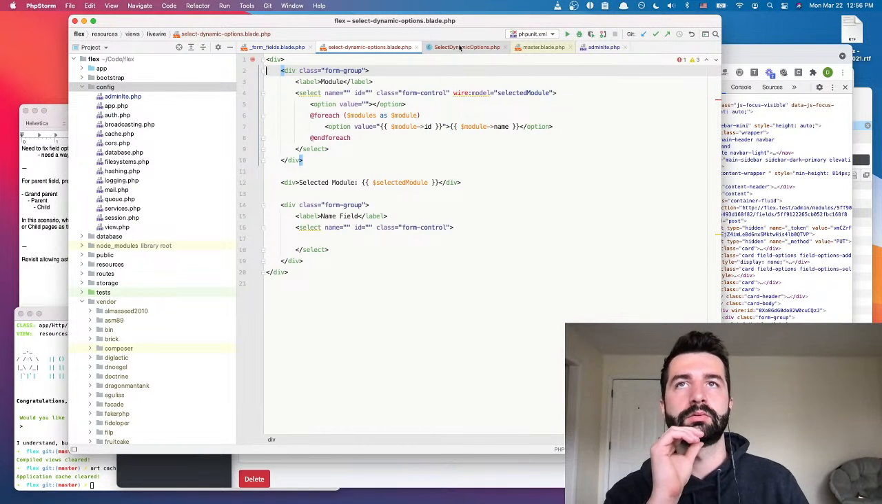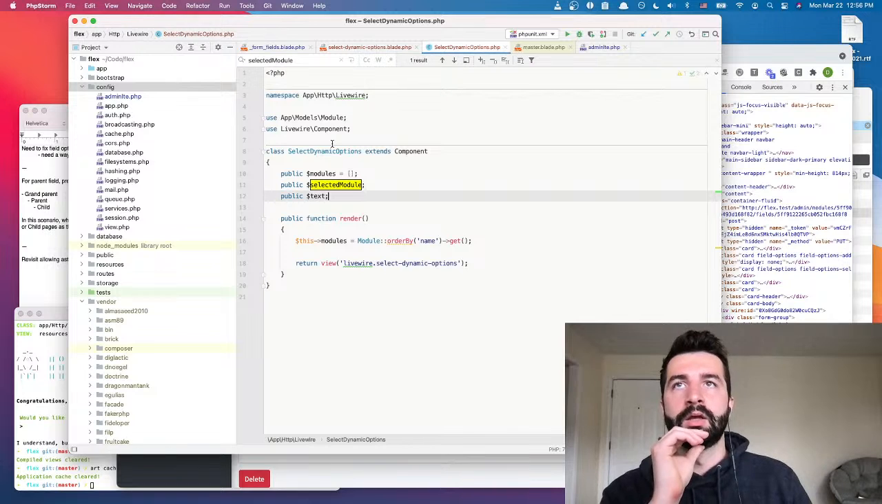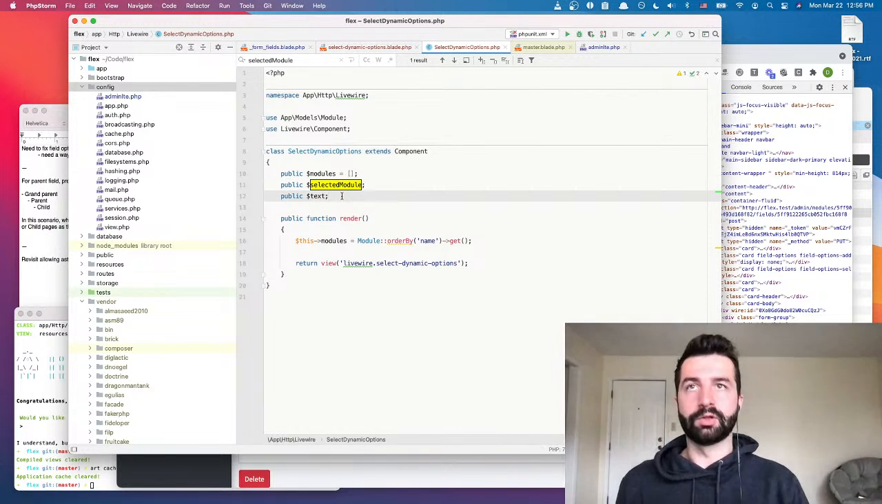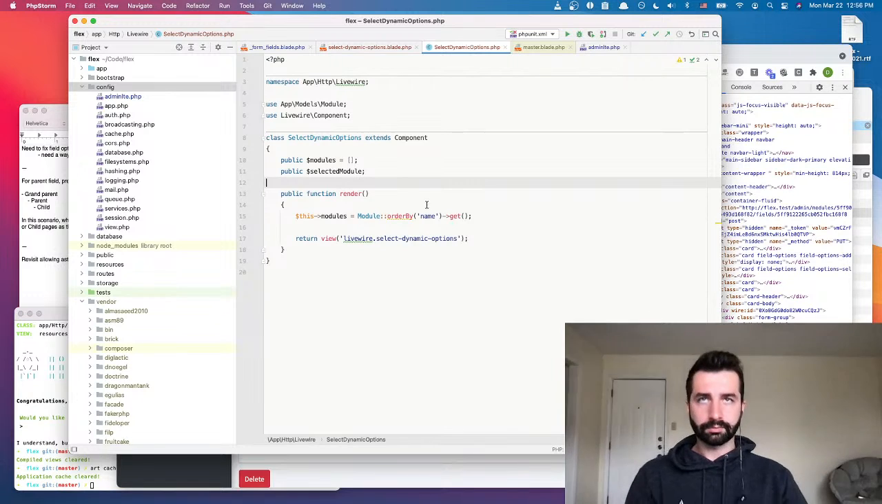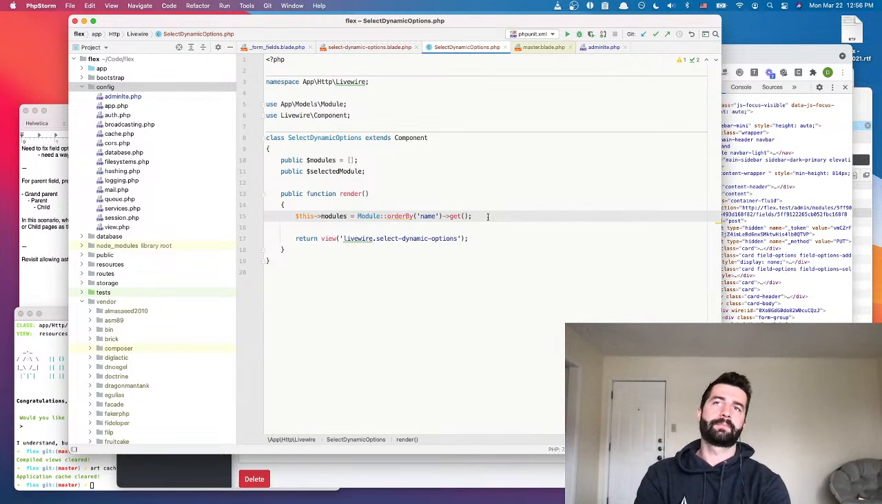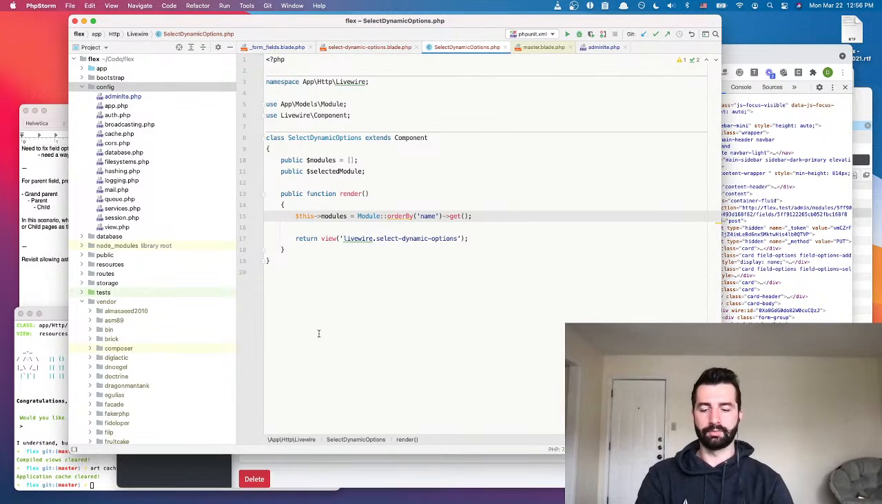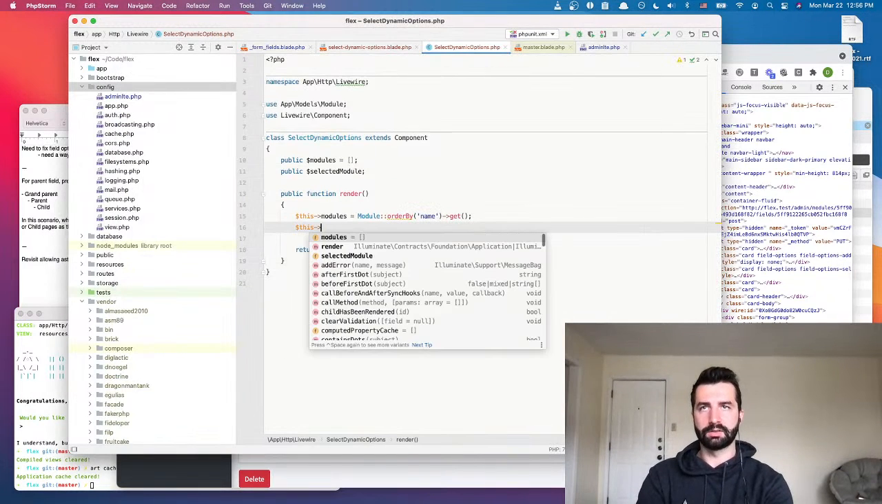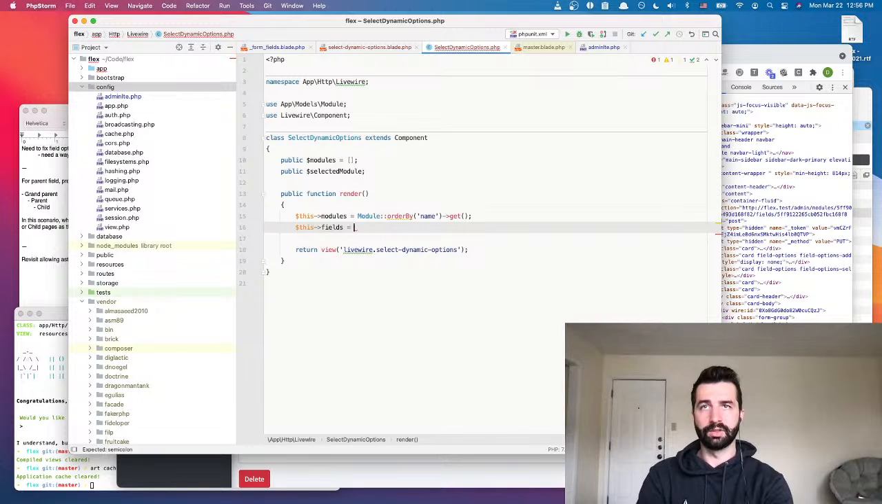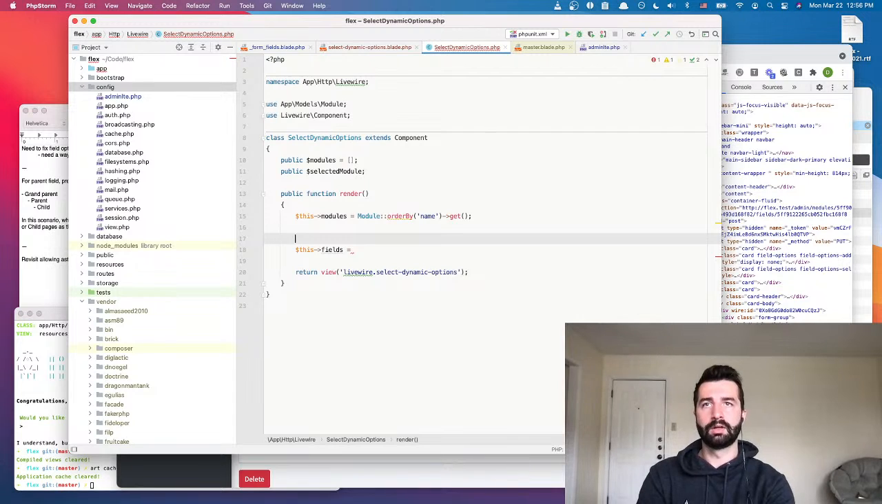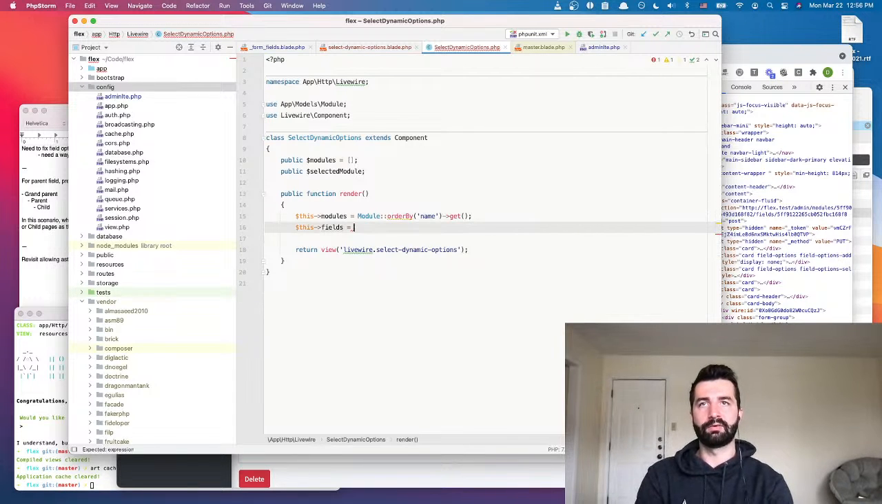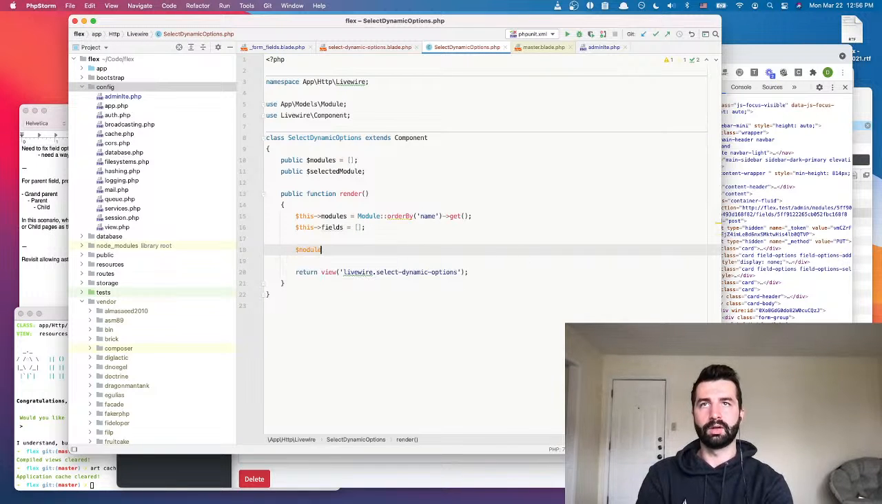So now that we have the selected module populating, we need to remove this temporary variable that we added. We also have to pull in the options for this name field dropdown. So I think what I'll do is this fields will be equal to, well, we need a module. We need to know what module we're working with. So by default, fields will just be an empty array,